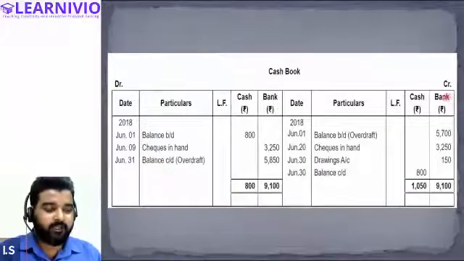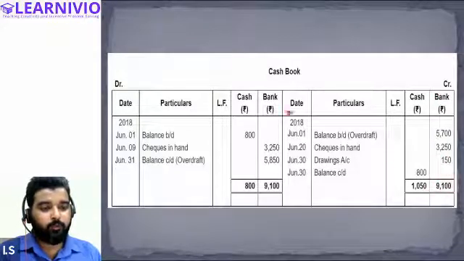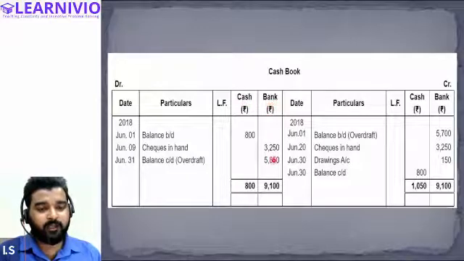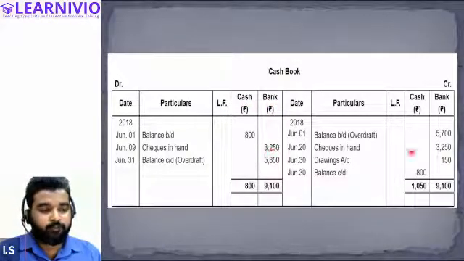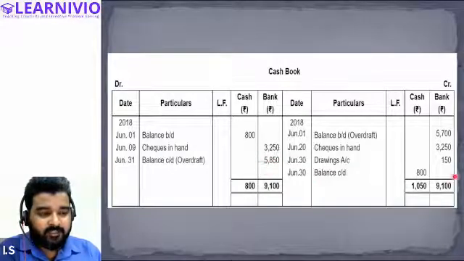This indicates that the credit side of the bank is greater than the debit side of the bank. What is the total amount of the credit side of the bank? 9100, right? And what is the total amount of bank on the debit side? 32,050 only. So when we reduce 32,250 rupees from 9100, we will get 5,850 rupees. This is the balancing figure for bank, right, Peer? So tell me, is this the debit balance or the credit balance? Because the credit side is greater than the debit side, we will get what kind of balance?